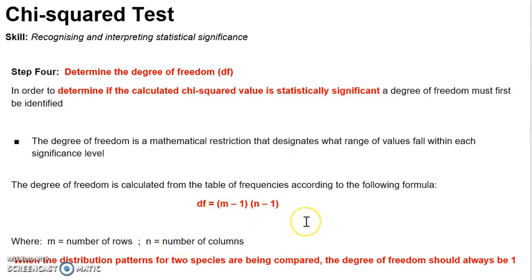But the rule for us to use is that we want to have the degrees of freedom, which is looking at the number of rows minus 1, and then the number of columns minus 1. And in the case where we're looking at the distribution of two species, the degrees of freedom will always be 1. So the number of rows